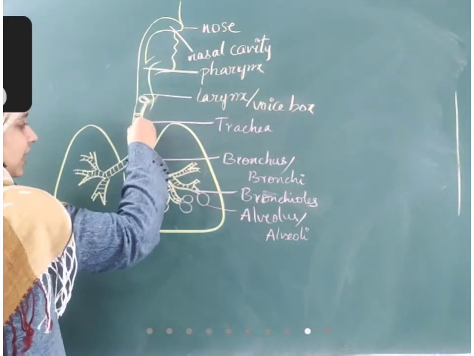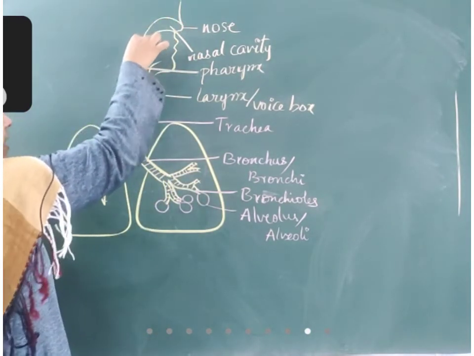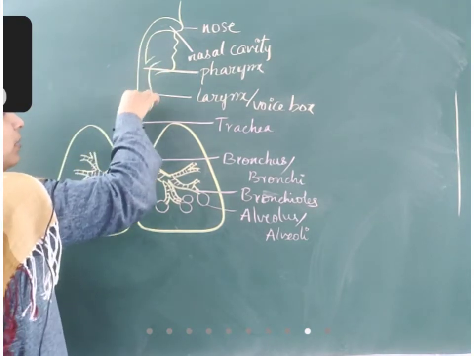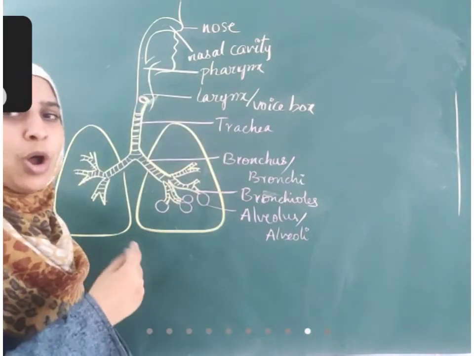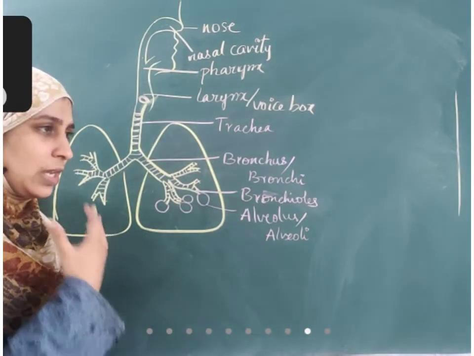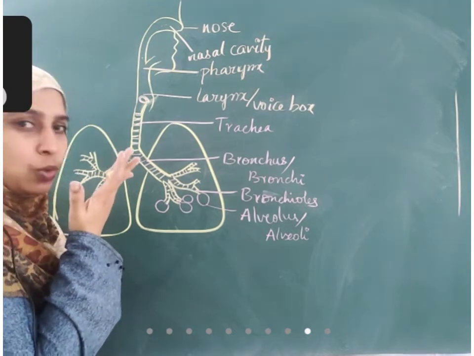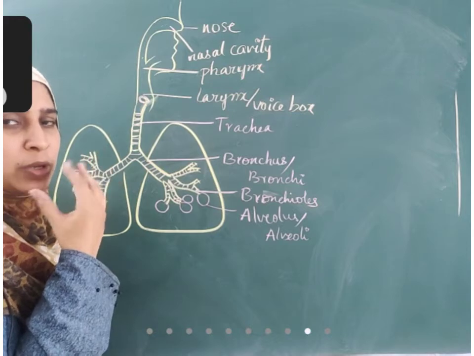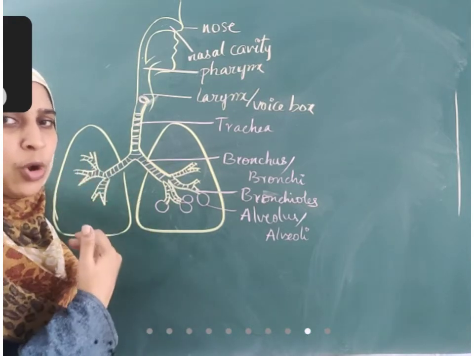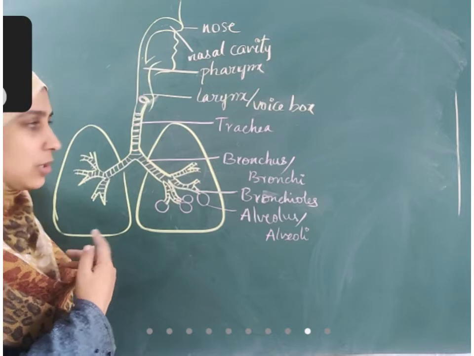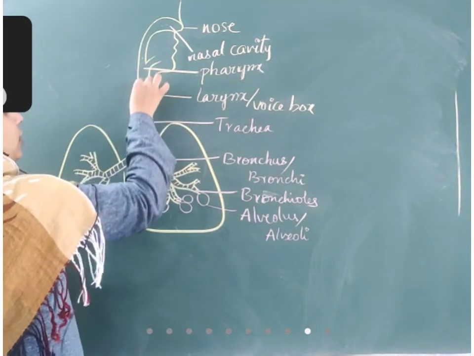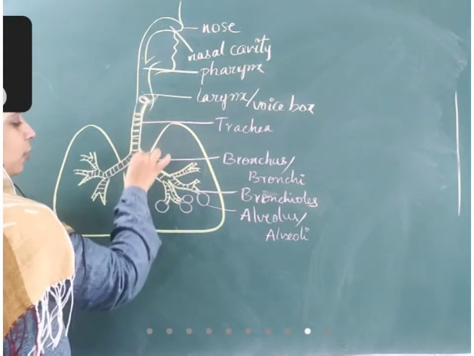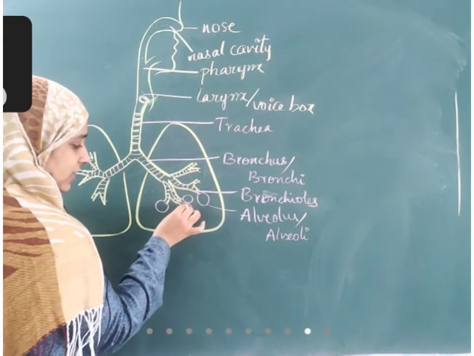So when the air enters inside, it passes from nose to nasal cavity to pharynx to larynx. During this movement, air starts becoming warm and reaches body temperature. That is why when you put your hand and breathe out or blow some air over your palm, you feel it is warm, because immediately after air enters into our body, it adjusts to our body temperature. After it passes through the larynx, it passes through the trachea, bronchus, bronchioles, and finally reaches the alveoli.